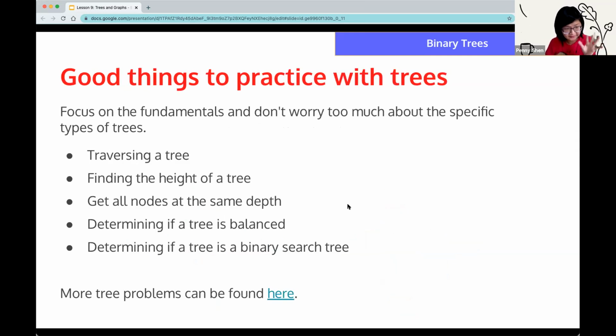So I think that's all the different characteristics about trees that I want to talk about today. I also want to call out a few good questions to practice with trees. These should give you good practice familiarizing yourself or reacquainting yourself with all the different characteristics I just talked about. They should also familiarize you with traversing a tree, checking the different properties of a tree, and keeping track of information while you're traversing a tree. So I really encourage you all to actually work through them yourself a few times so that you really know how to do it. And we're going to talk more specifically about traversing a tree next.